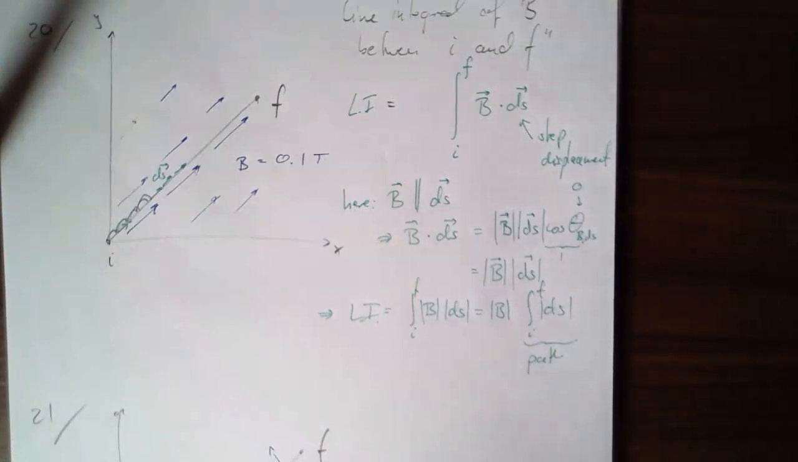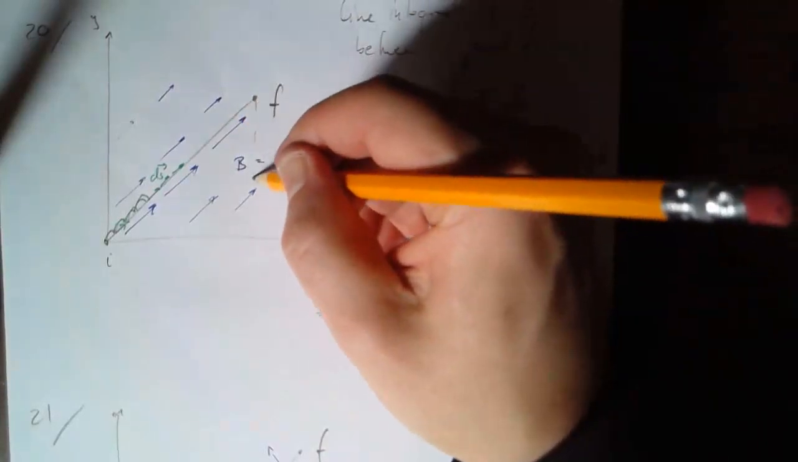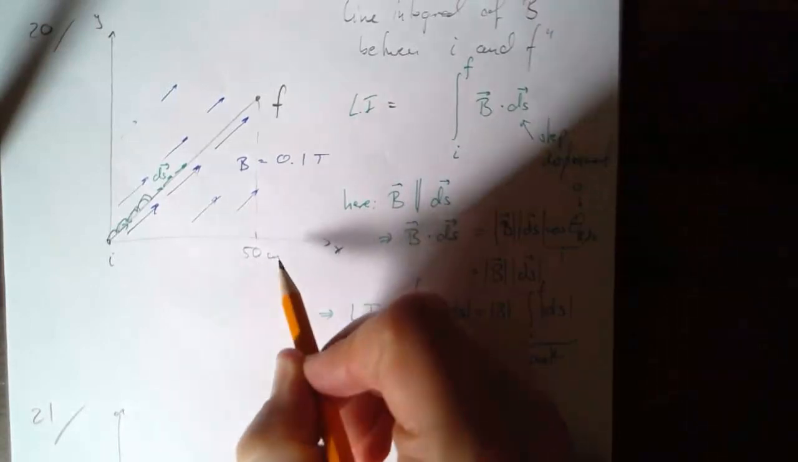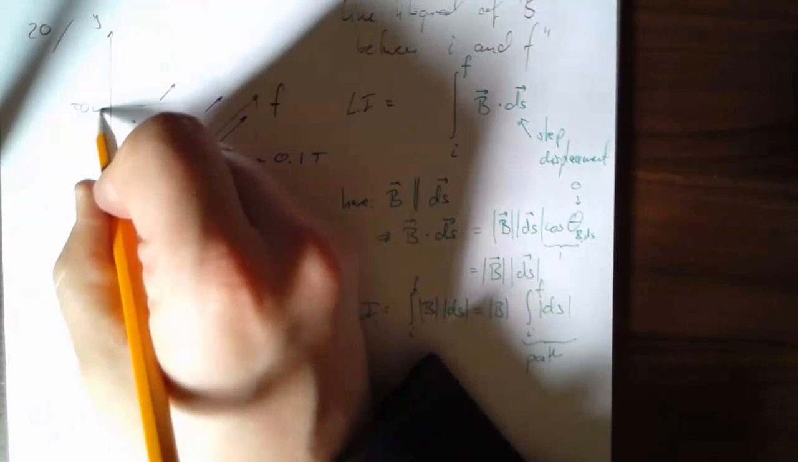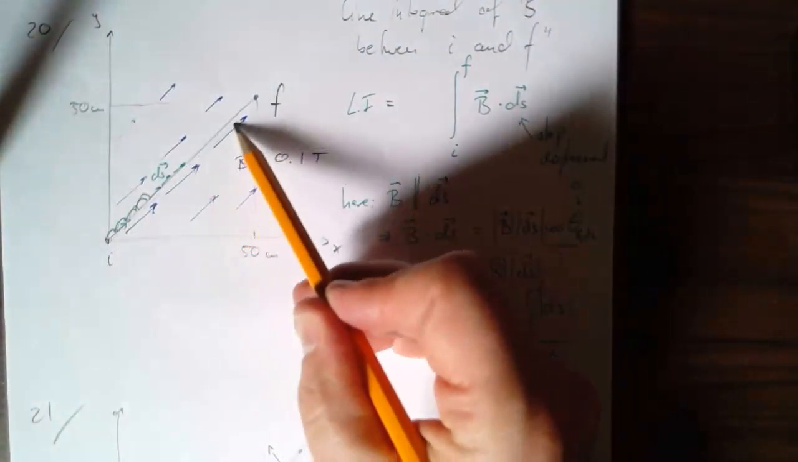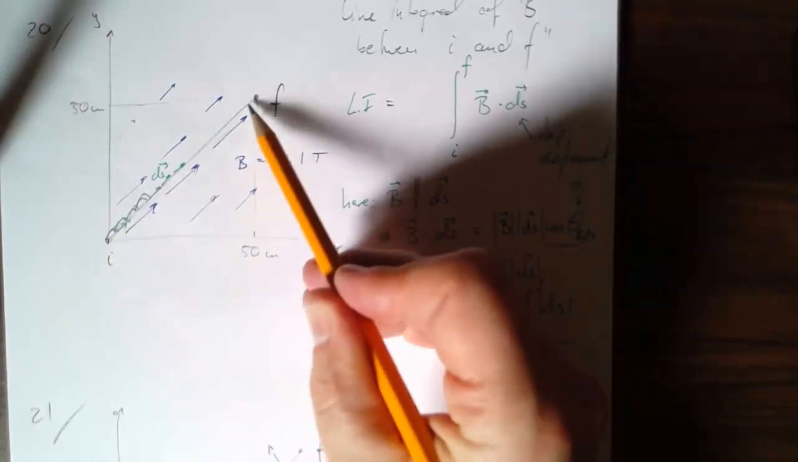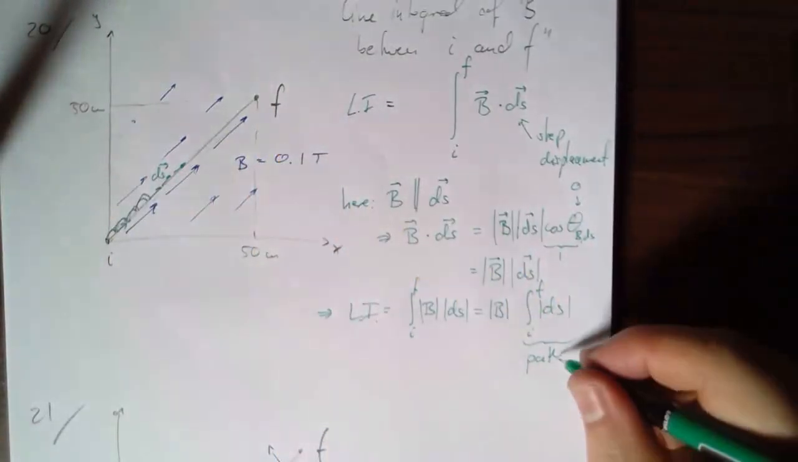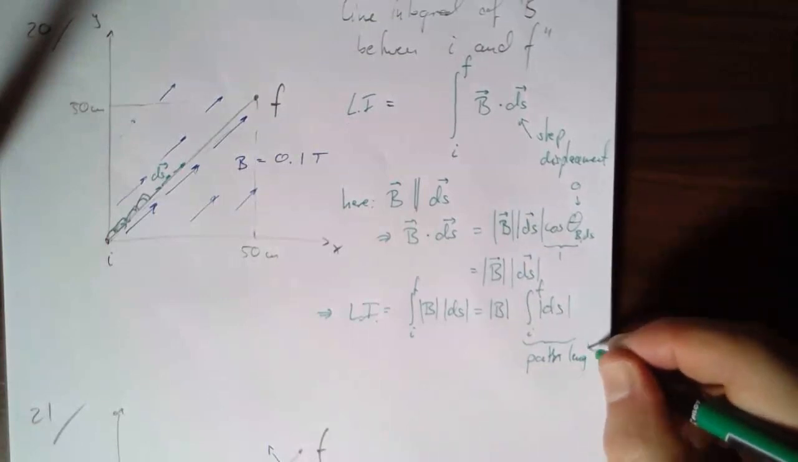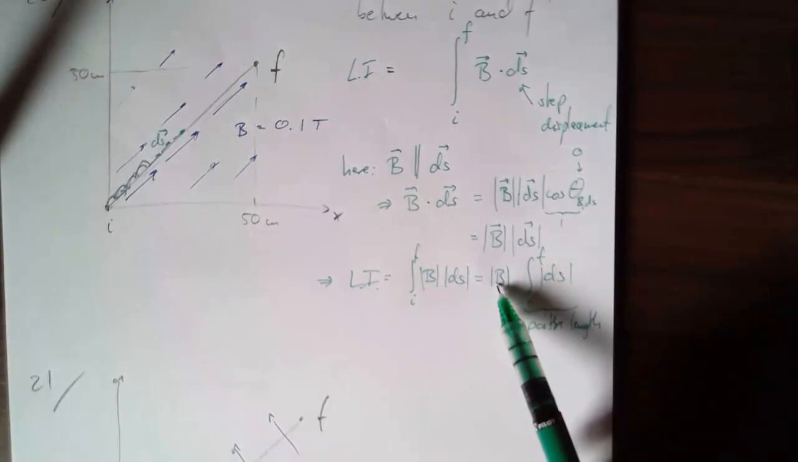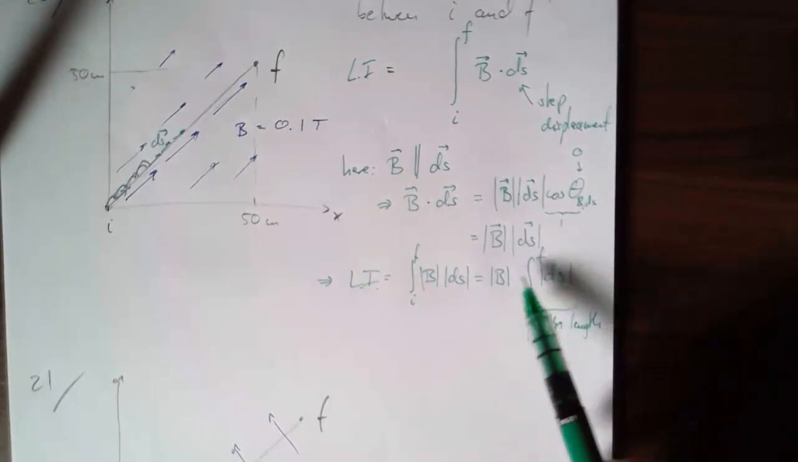And in the actual question, you're given values. You're given essentially a position here. In my case, it's 50 centimeters. And up here, it's also 50 centimeters. So make sure you figure out how long this path is. Notice the path is not 50 centimeters long, right? It's the diagonal. You figure that one out. The path length here. So you can just plug in the value here, 0.1 Tesla, work out the path length,